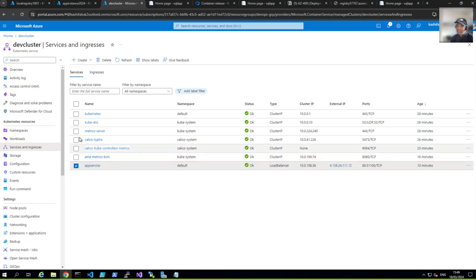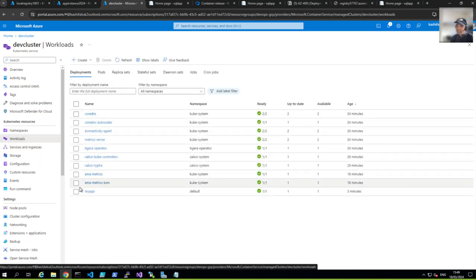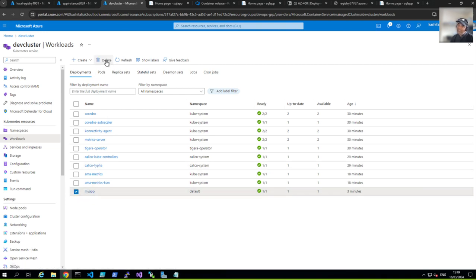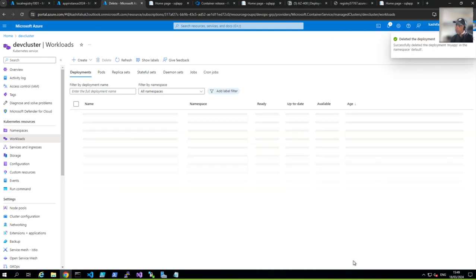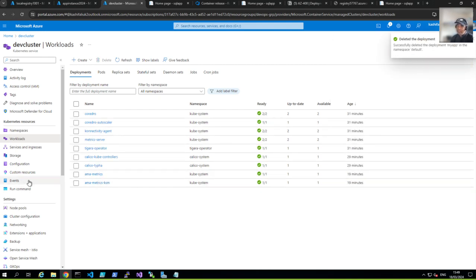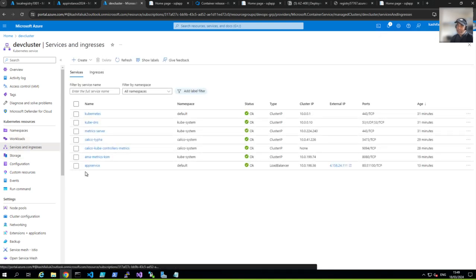So let me delete this. If I go to workloads, do you understand what I'm saying? We delete this. We're deleting them now, because we did them manually with the YAML file. Perfect. So we go to service and ingress and delete that